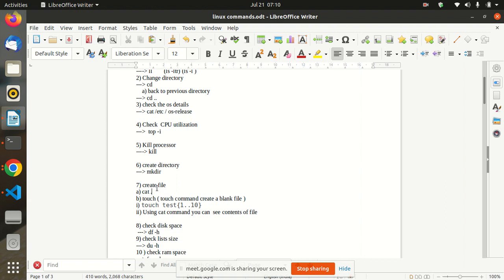and file name. Touch command: using the touch command we can create a blank file, or using the touch command we can create multiple blank files, using test and a range in brackets, 1 to 10, then you can create multiple files. Using the cat command you can see the content of a file